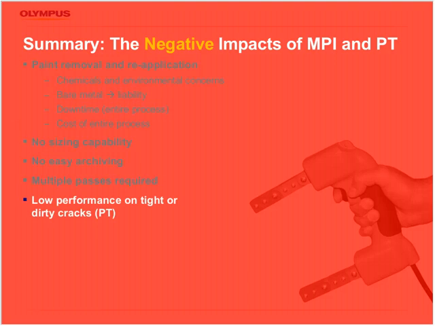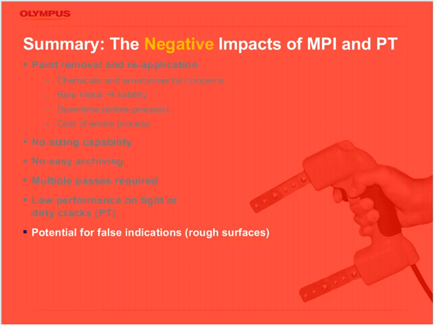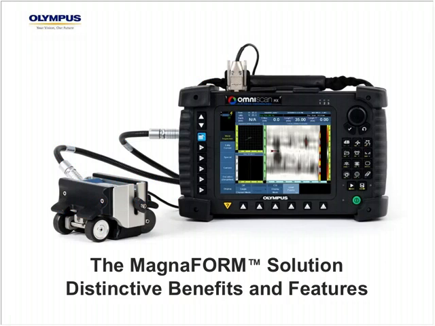The performance can be limited on tight or dirty cracks if it's the PT, and there's also potential for false indications and a lot of room for interpretation, especially on rough surfaces. All right, enough talk about the PT and MPI. Now it's time to talk about the Magnaform solution, and what makes it a distinctive solution for carbon steel weld